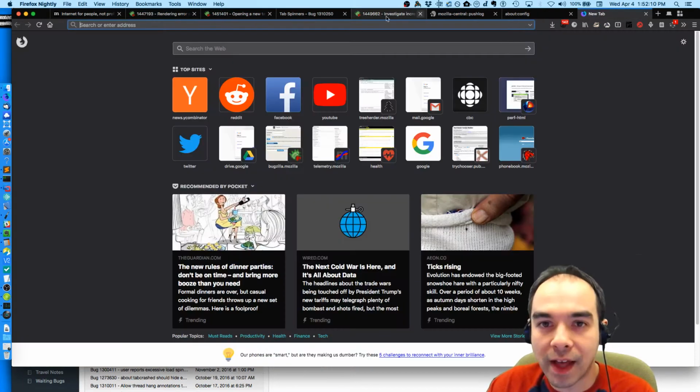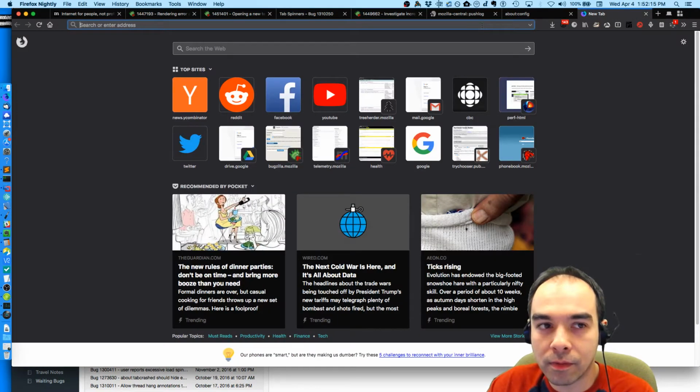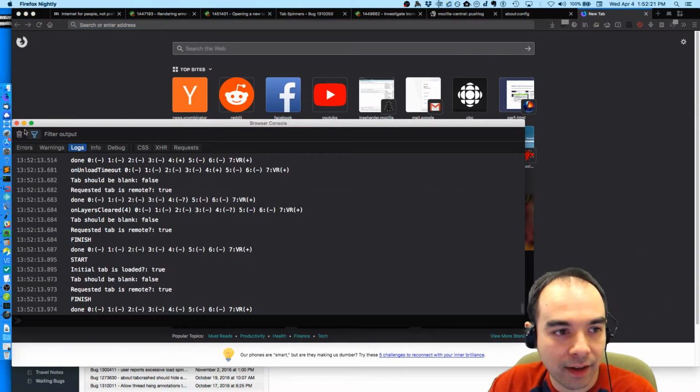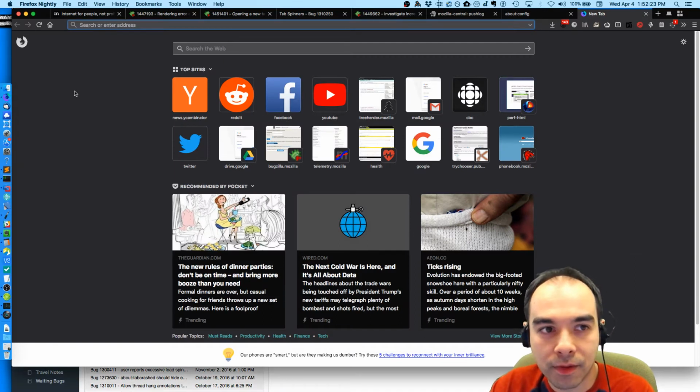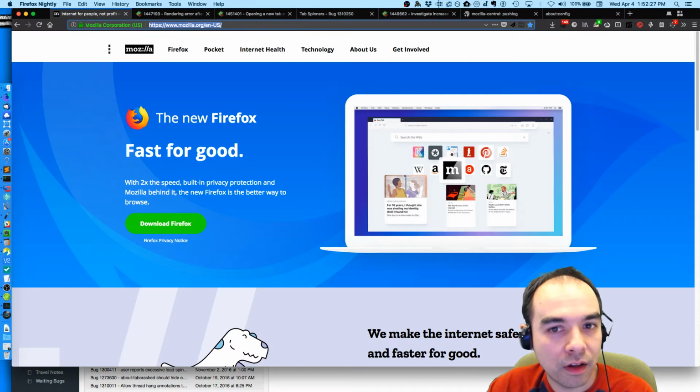Now, I don't know if it's necessary to switch from a new tab that we've just opened. What I just did is I opened a new tab, I switched away, and now I switched back. And now let's see if the issue surfaces again. And it does. So anytime I have a new tab,